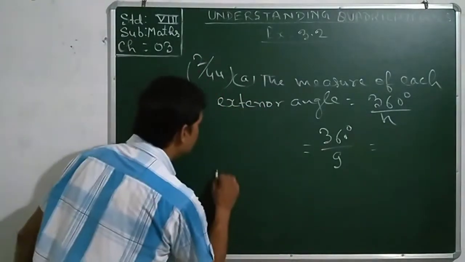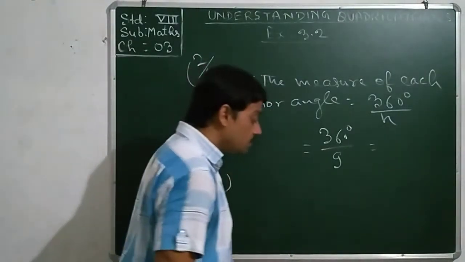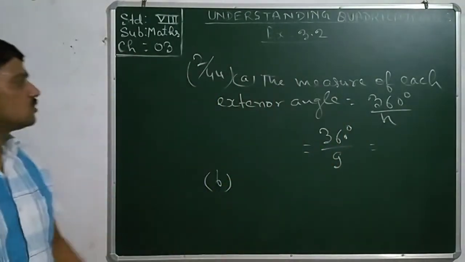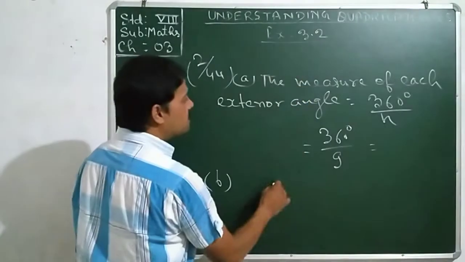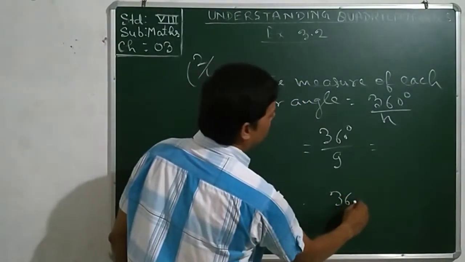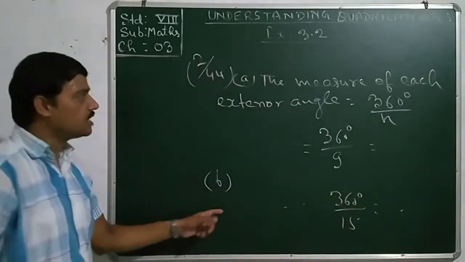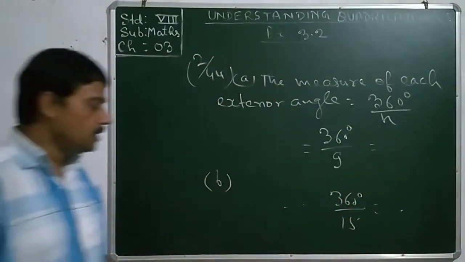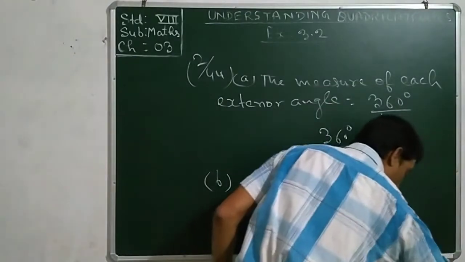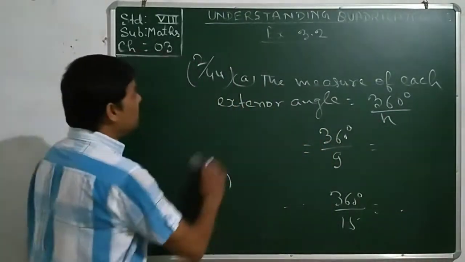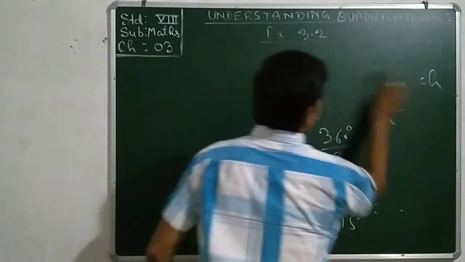Find it yourself. Come to the B number. It is a polygon of 15 sides. So very simply write the same language, and instead of dividing by 9, you will divide by 15 and you will get the answer for the B number also. In this way, solve the 2 number also. Now come to the 3 number. Very similar sum is the 3 number also.